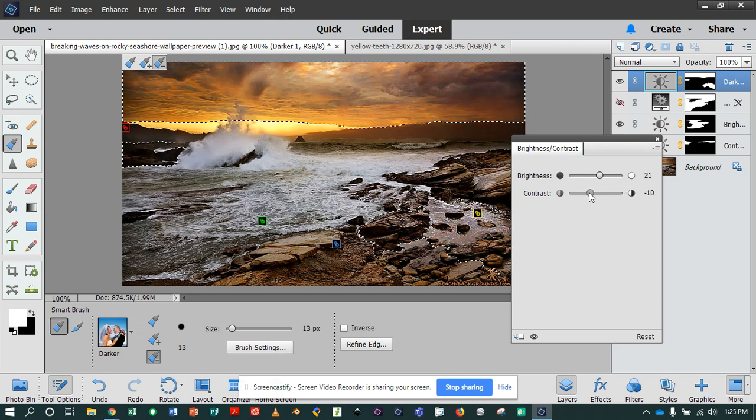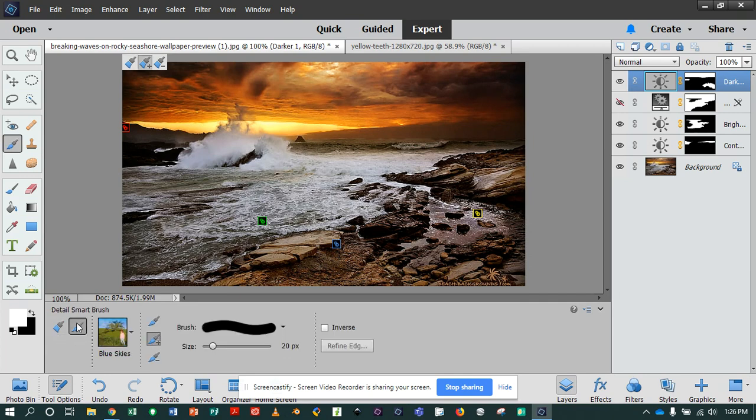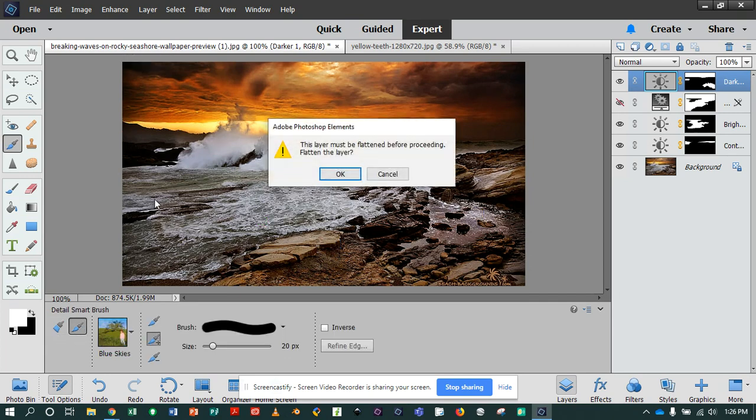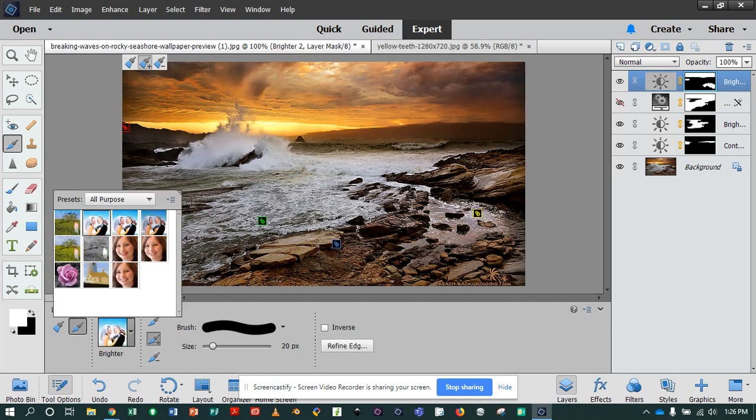And you can see right there when I increase the contrast and make that a little darker, I get a much more striking visual effect on the sky. Another option to understand about the Smart Brush. Again, the Detail Smart Brush is just another way of doing the same thing. I would sort of come in here and say